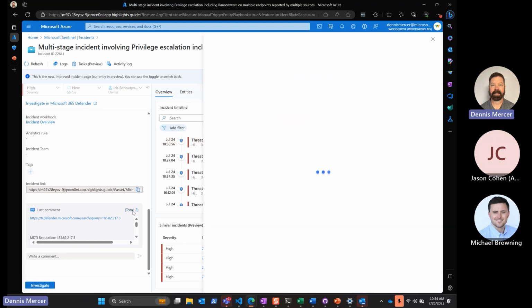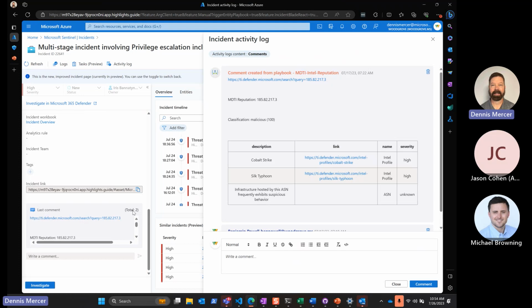In this case, we're using the MDTI API, and we've created a playbook that does enrichment on this event. If you run the playbook, it's going to come back and tell you that, hey, this is the URL that was searched on. This is the IP address in question. And it comes back as a classification of malicious with a score of 100. These are some of the rules that fired to give us this classification